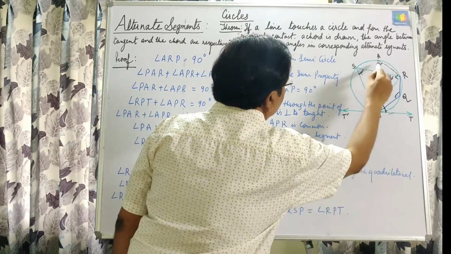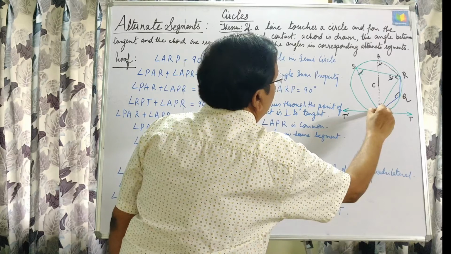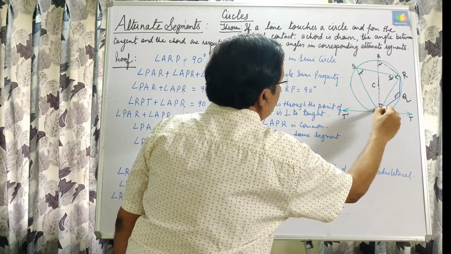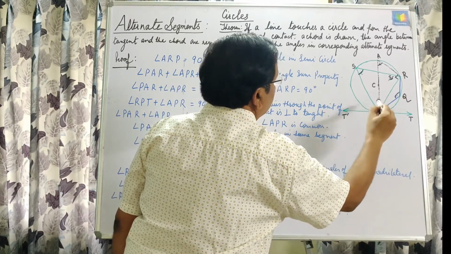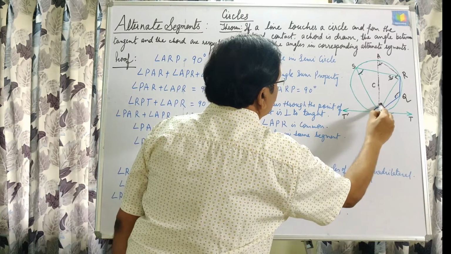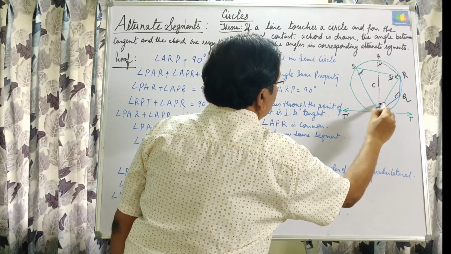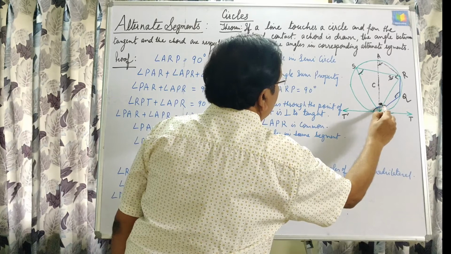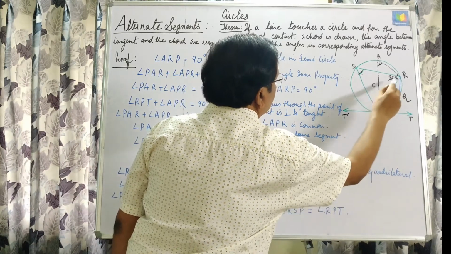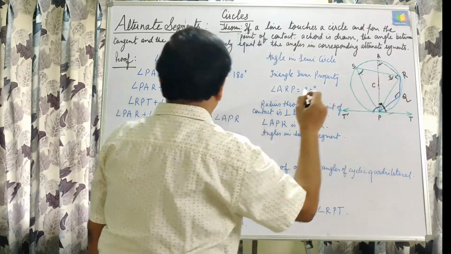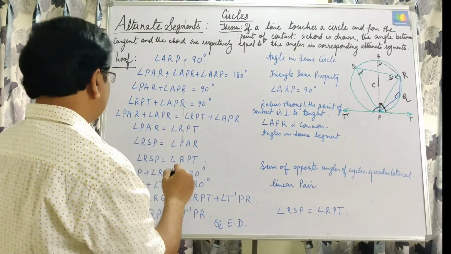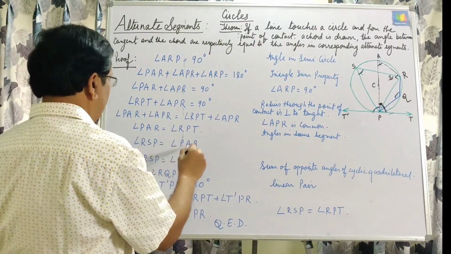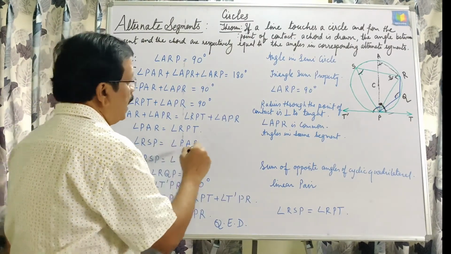And again here, since this is the diameter, this angle plus this angle is 90, and here this is common, so this will be cancelled, and this way angle RPT is equal to PAR, and in the same way RPT